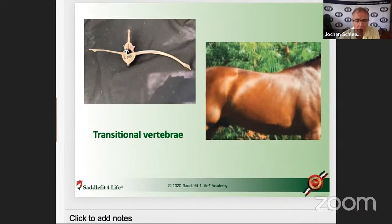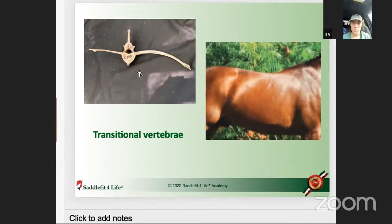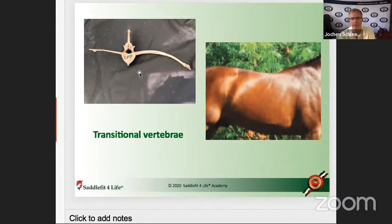On the normal rib, on the normal lumbar, it goes underneath. When they're born with this deformity, it runs on top. Oh, wow. And that means some horses, they don't even like you to have a large blanket on it, like a saddle pad. If you ever know a person, or you had yourself,